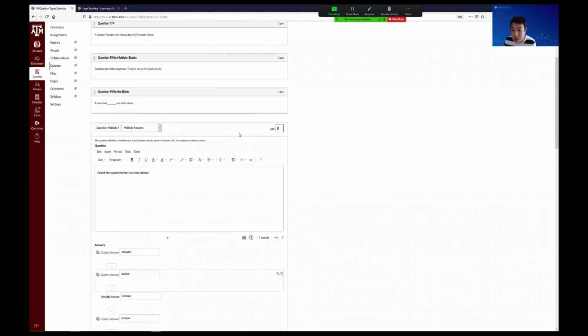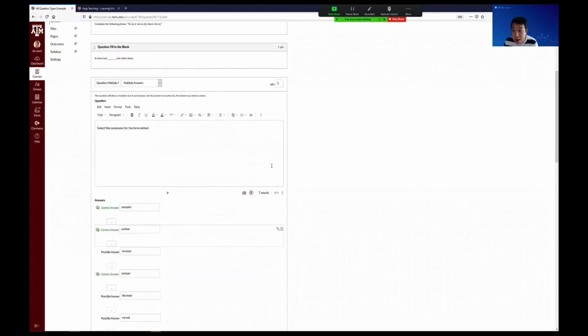Keep in mind that as of right now, my multiple answers question is marked as 1 point. I'm going to put this as 3, actually. Keep in mind that if you put more than 1 as a point, even if you put 1, that's fine. If they miss one, they will not get 0. They will get partial credit on the points. So they can get 1 out of 3 or 2 out of 3 or all correct, 3 out of 3,